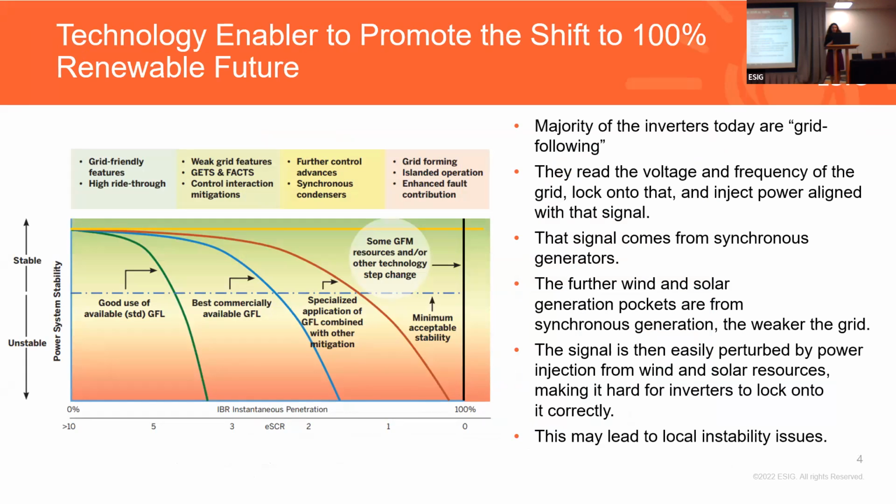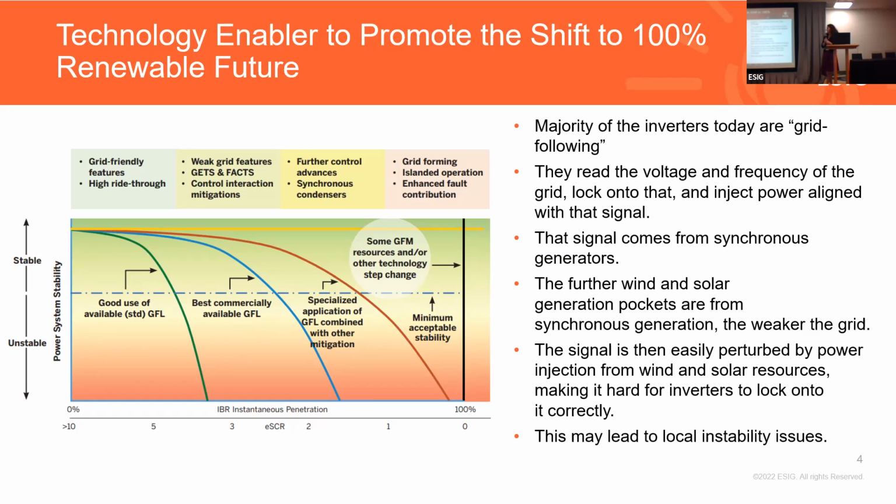As you heard in the tutorial this morning, the majority of inverters today are grid following. They read voltage and frequency of the grid, lock onto that, and inject power aligned with the signal. The signal currently comes from synchronous generators, and as you get more and more inverter-based resources and further away from synchronous generation, the grid conditions get weaker, and the signal is easily perturbed by the injection of inverter-based resources themselves, and it makes it hard for inverters to lock on to the signal correctly. This may lead to local instability issues, and this is why we are talking about grid-forming inverters, maybe to provide